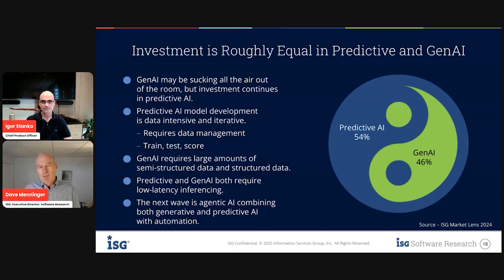And where we're headed is agentic AI. In agentic AI, what we're trying to do is automate more of the processes. So we have multiple different tasks. Each one of those might be something you could do perhaps today with a generative AI chatbot, but we're stringing them together and we're coordinating those actions. And so we're doing some reasoning as to what is the right action to take and then executing that action. So again, we're using structured information. The way you learn and the way you improve those actions is by capturing information about whether or not those actions succeeded. So there are some differences in the type of data used in each, but structured data is an important element of both of those. And if we take a look at the next slide,